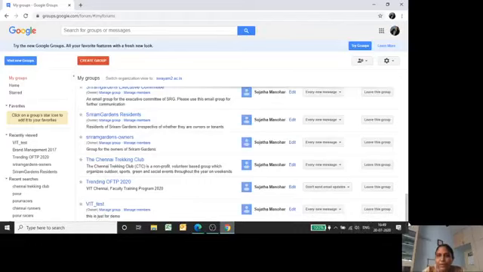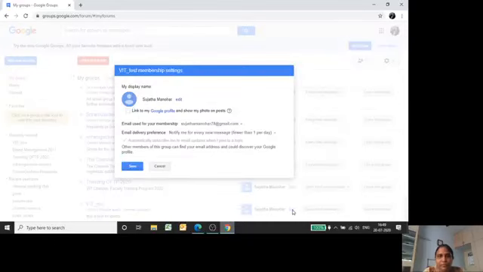One more thing before I start adding members: if you click here, this is where you can change your display name. Whenever you are sending an email, how your name is displayed, you can change it here. And the email used for your membership is the one I used to create the group.